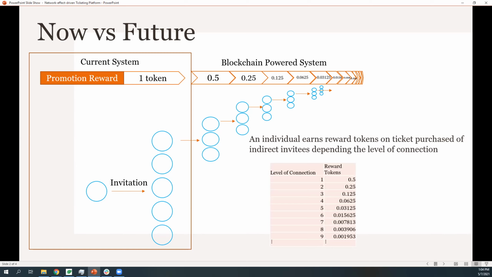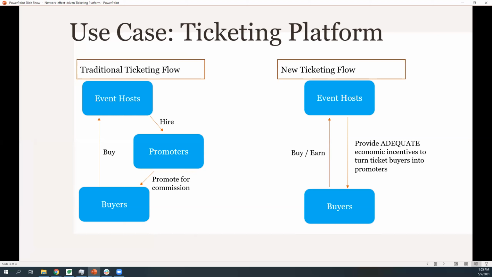And it has a very strong economic incentive. So for our use case, we are building a ticketing platform employing what we just described. On a traditional ticketing platform, event hosts would create events and then they hire promoters to promote the events. And the promoter would get commission back if their audience buy the tickets and attend the events. So using our new affiliate program,